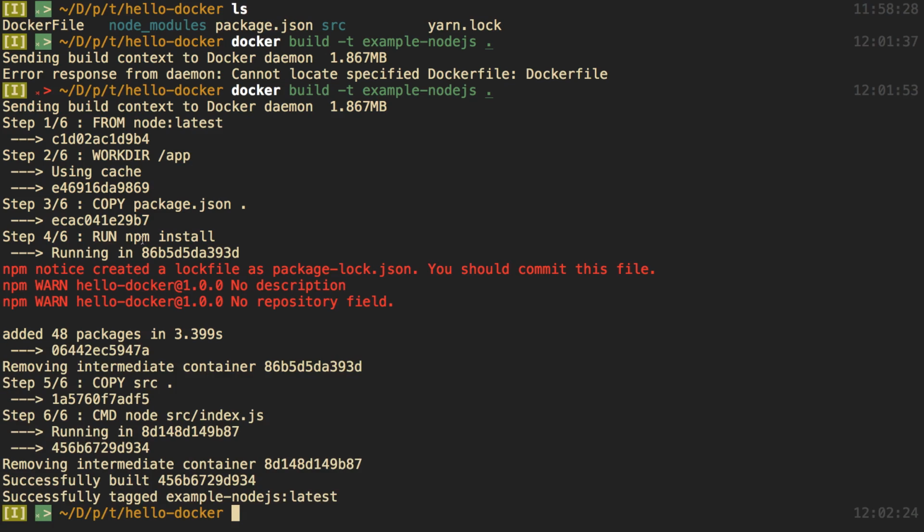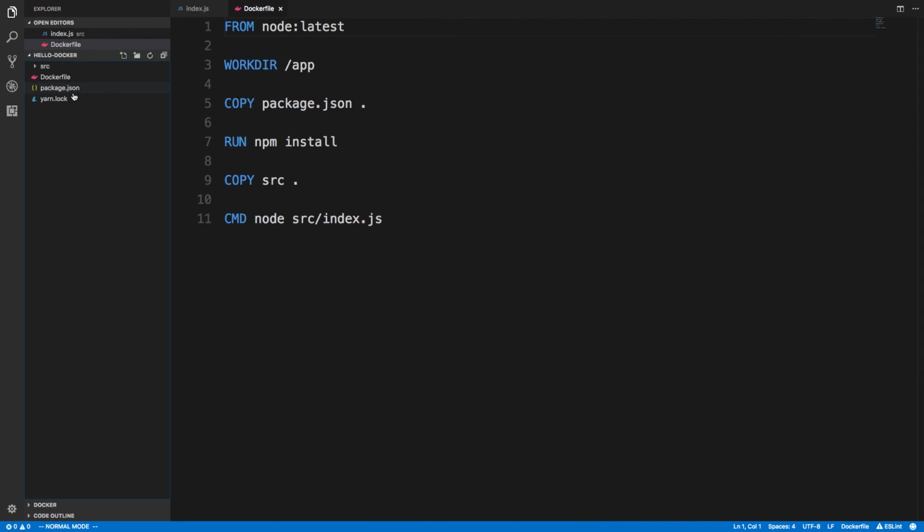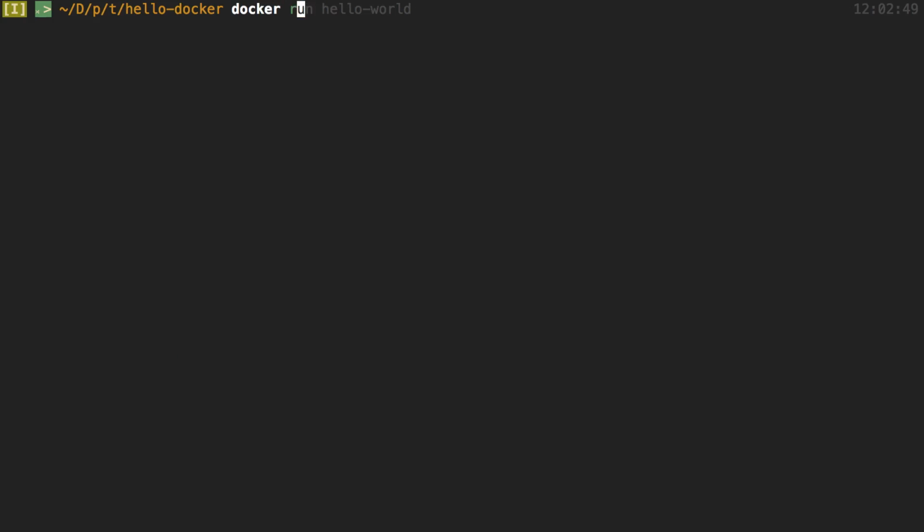And this is fine. It just said we didn't see a package lock. Now if you're using npm 5, you can also copy over the package lock as well. Okay, so what it did is it just created our image or class. So now what I can do is I can create an instance of this image or an instance of this class, and I can say, and let's clear this, docker run, and I need to tell it which port to run on,